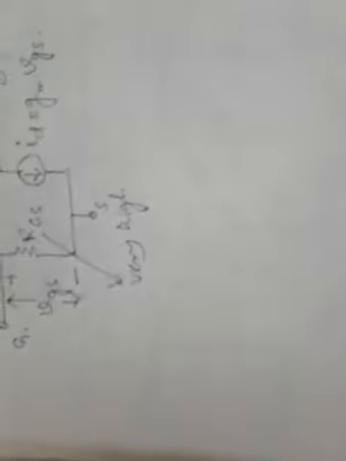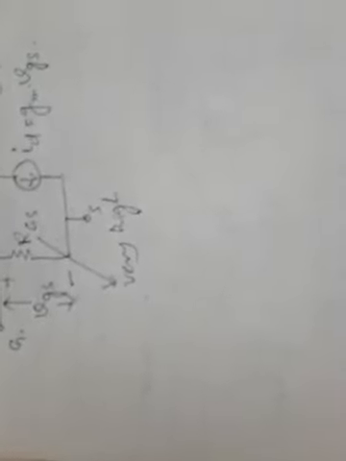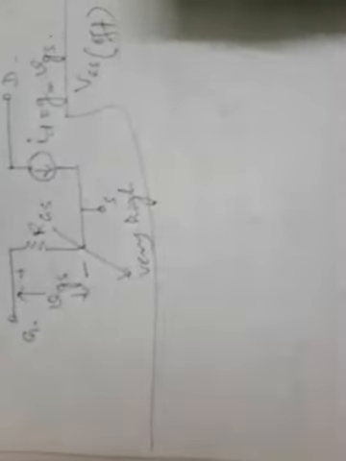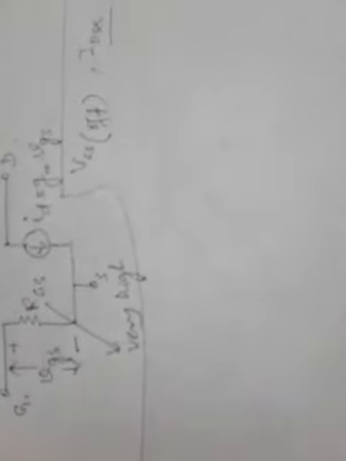We have seen that for a FET transconductance curve, the endpoints are VGS off and IDSS. Especially we have seen this for JFET. Now the equation for the relation between these two is ID, the drain current, is IDSS into 1 minus VGS by VGS off, whole square. And because of that, the FET is called a square law device. I have already told you earlier.